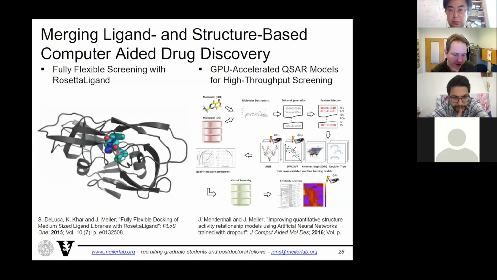Now, for small molecule drug discovery, for many years, since the 70s, since the first computers were around, people built quantitative structure activity relation models. So in the absence of the structure of the protein, they still know the structure of the small molecule. A chemist synthesized 50 molecules, and some biochemist or biologist measured an activity on a certain target in a certain assay. And then the question becomes, how does the chemical structure relate to the biological activity?